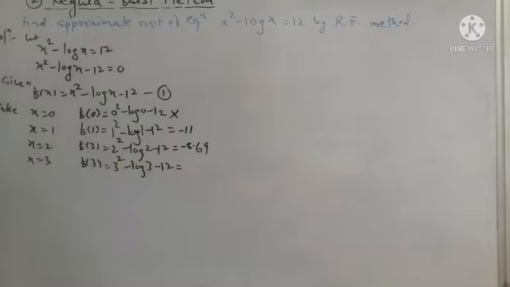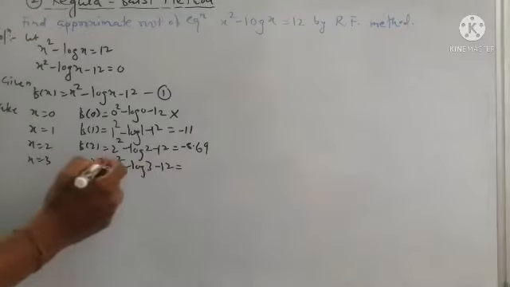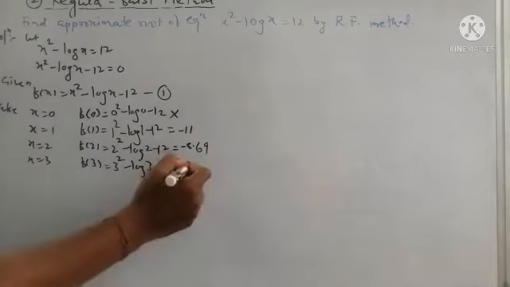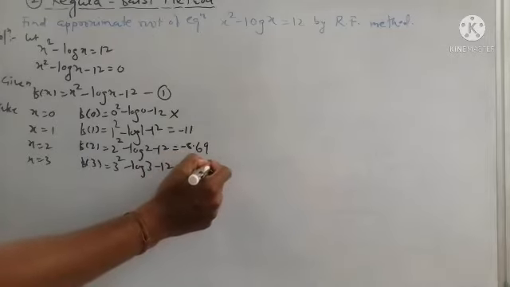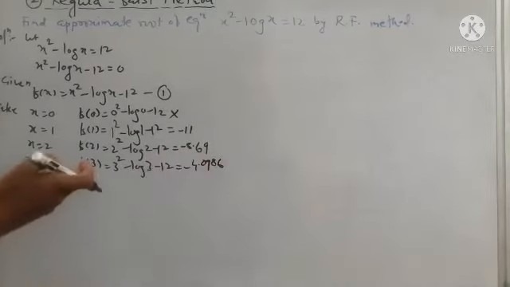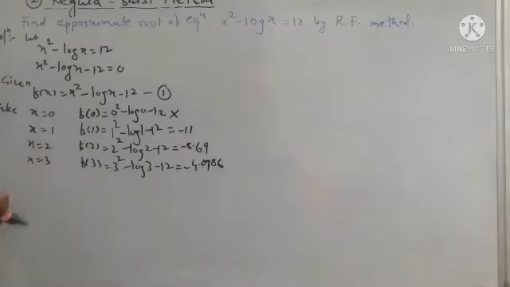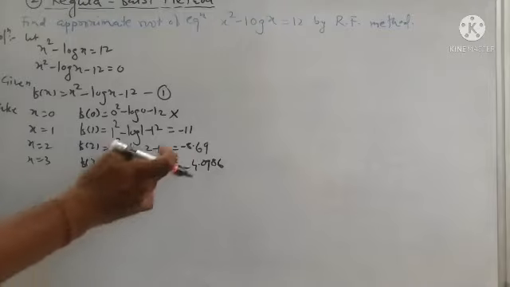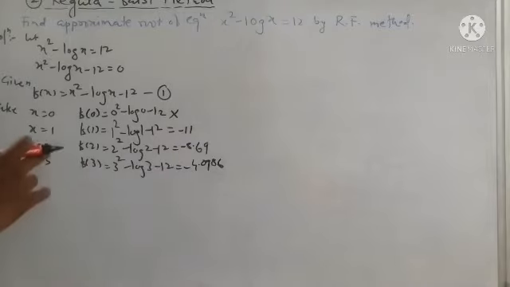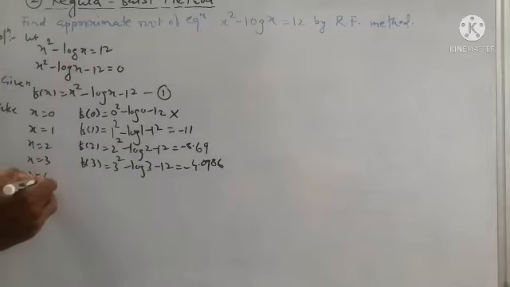Again using a calculator, we get the value of the function at 3 as minus 4.0986. As the function at 3 is not equal to 0, x is equal to 3 is not a root, and the sign of the function does not change for the successive values 2 and 3, so the root of this algebraic equation does not lie between 2 and 3, so we take the next value as x is equal to 4,